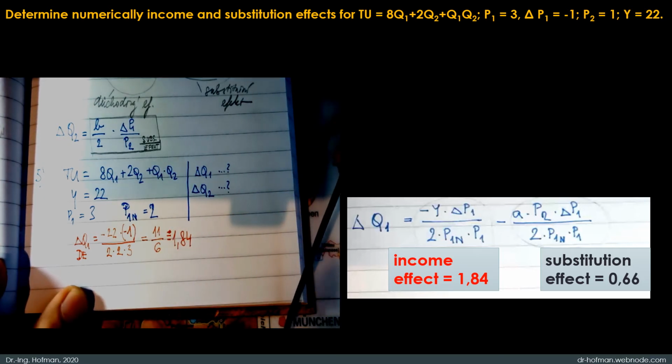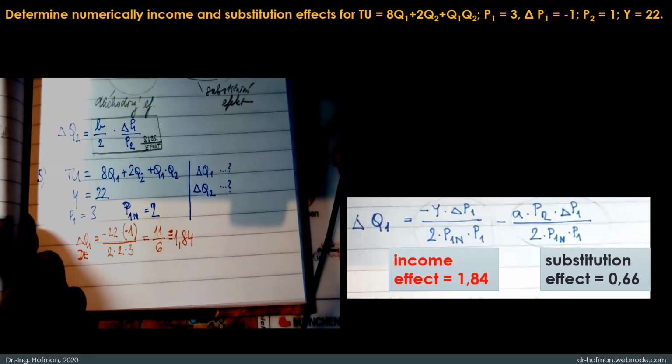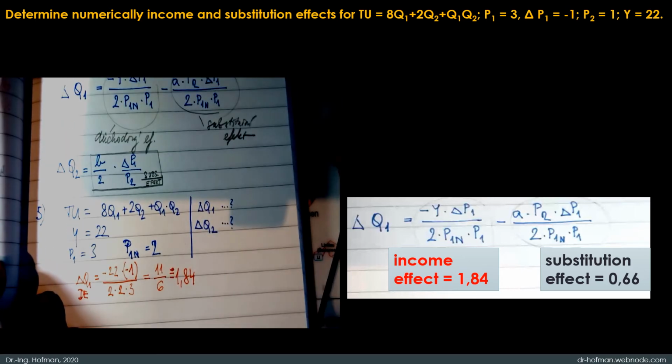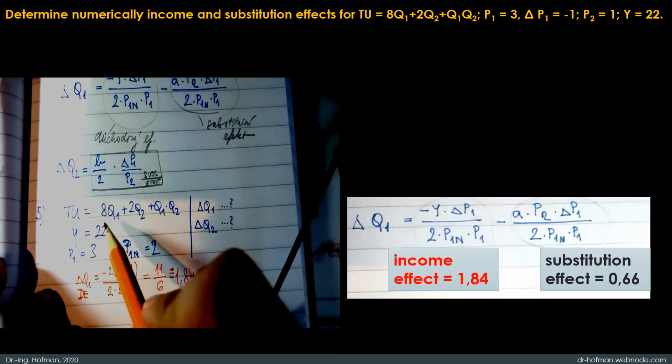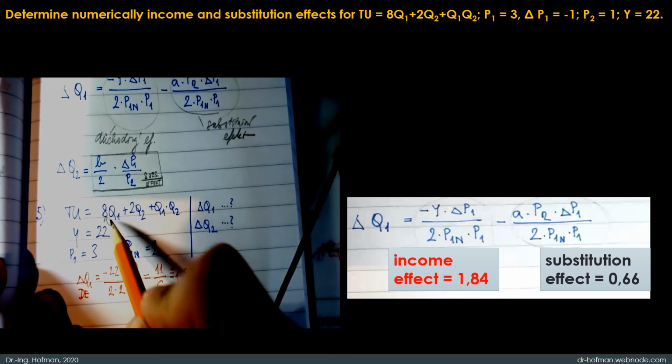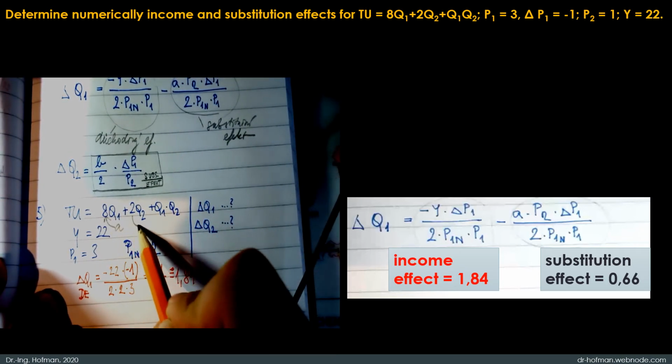That is the change in pieces, and I can call this the income effect. That's just the first part of the change of Q1. I also have the other part, the so-called substitution effect,